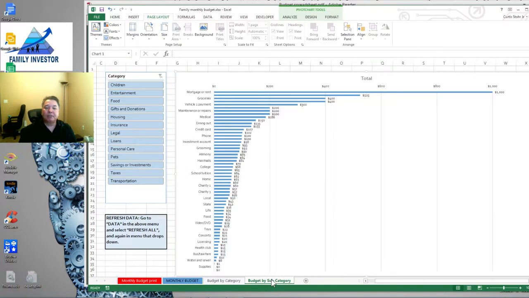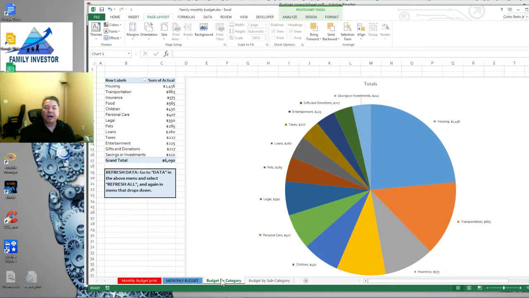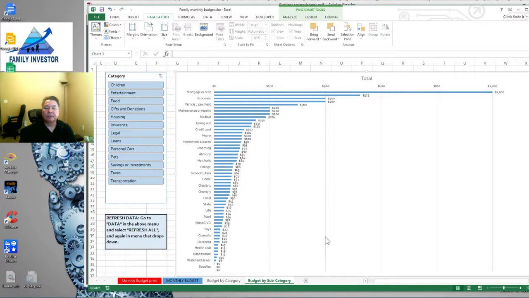And here's a budget by subcategory. In order to do trainings, I had to kind of squish it up so you don't see every single subcategory in here, and you'll see lines in between. But you can expand that if you want to. What I do is I just look at the other pie chart. This is the favorite one I like to look at. But if you want to get into a deep analysis, you can look at your subcategory numbers too and expand this out. And you could actually filter it